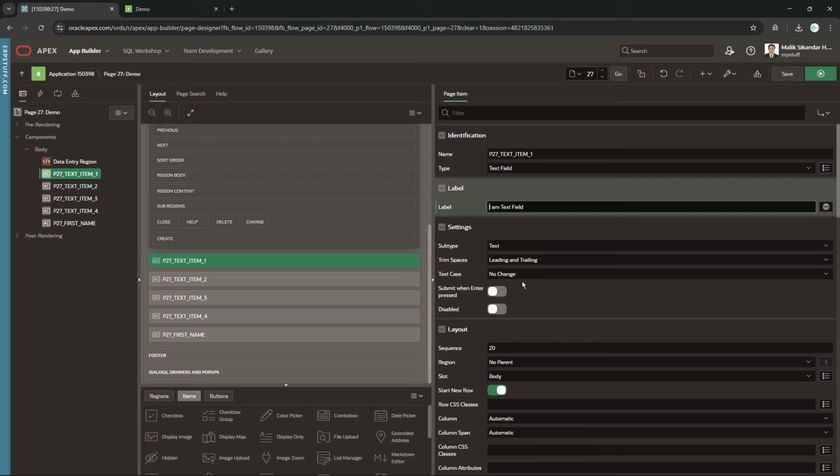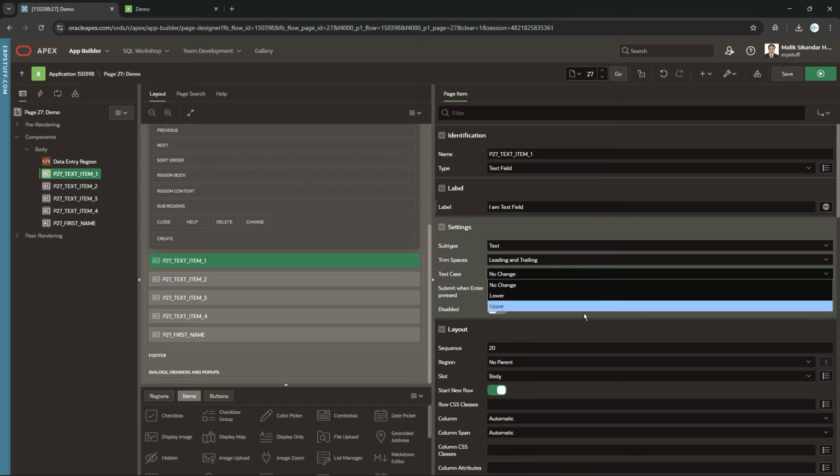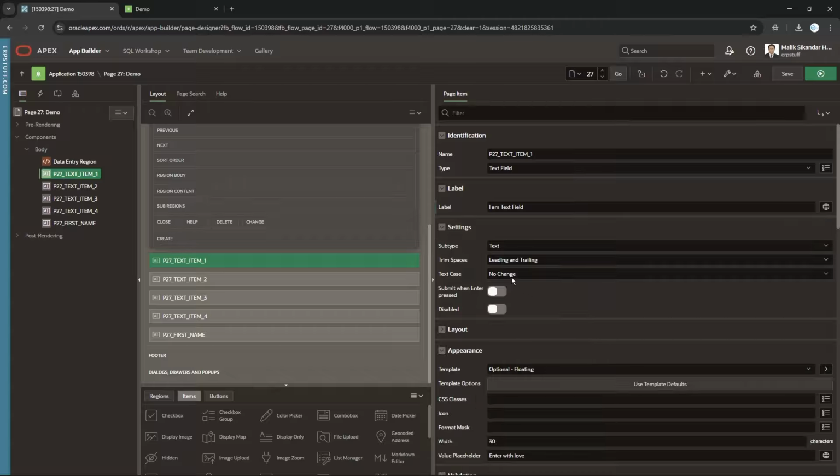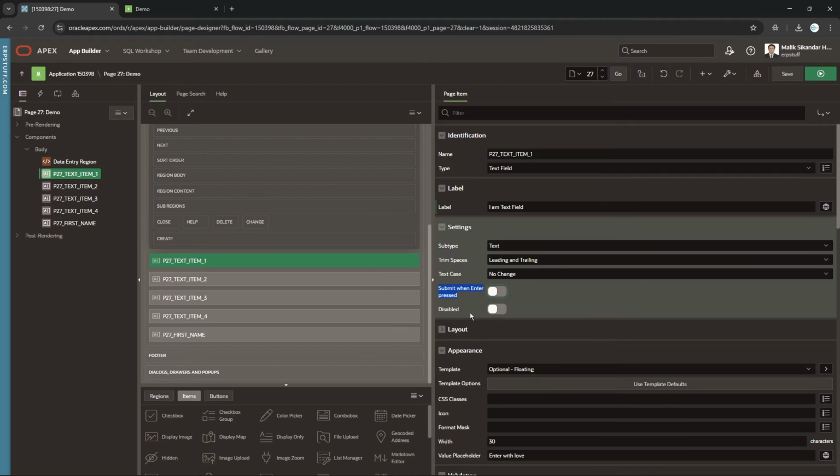Okay. Next is submit when enter pressed. Now, why is it required and why is it important? It matters especially when you are entering parameters, let's say, for example, you have to run some query in a